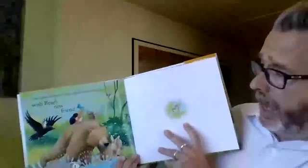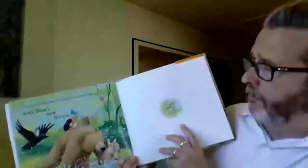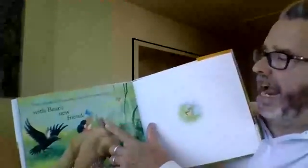They splash and have fun in the hot summer sun with Bear's new friend, the owl, riding right on top